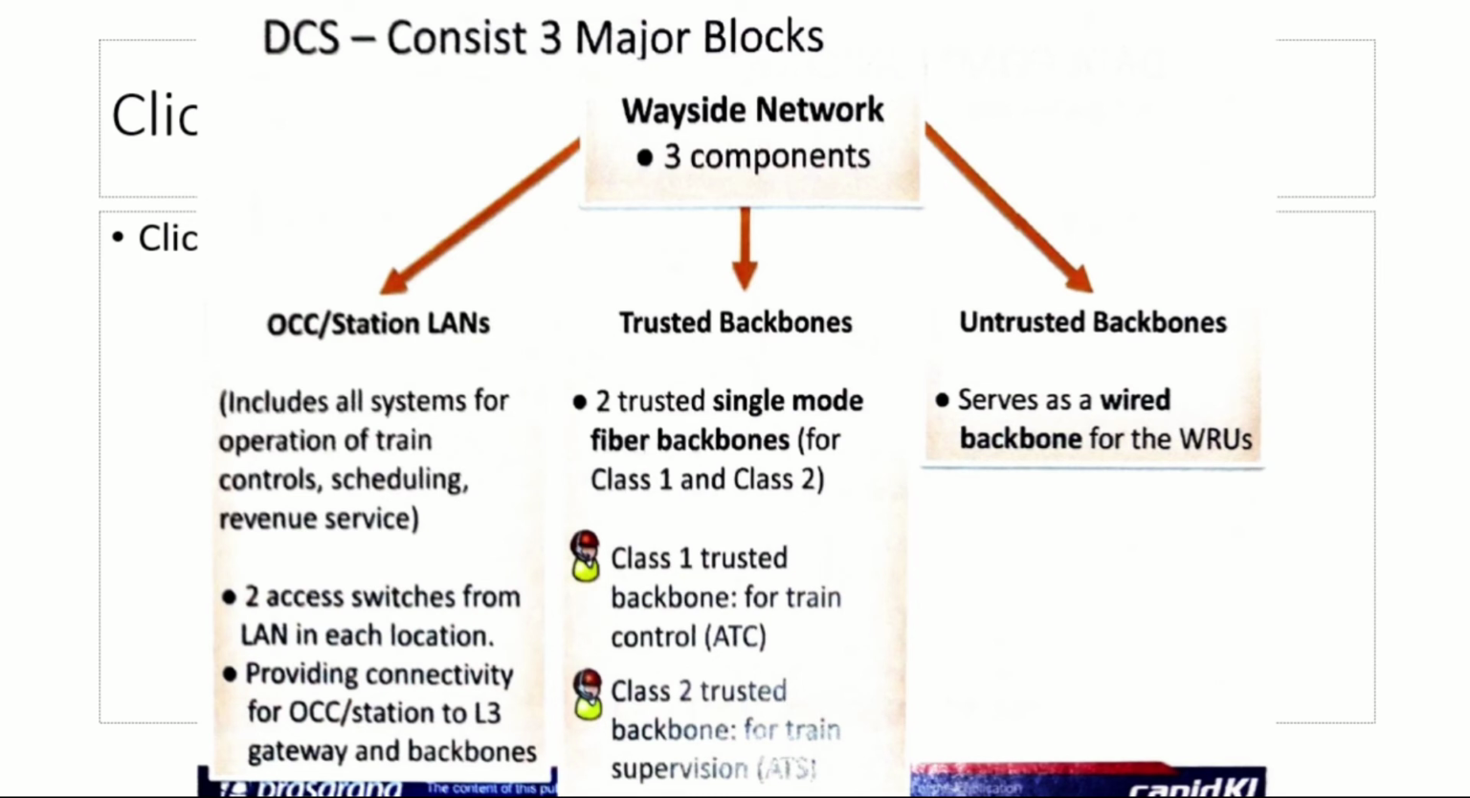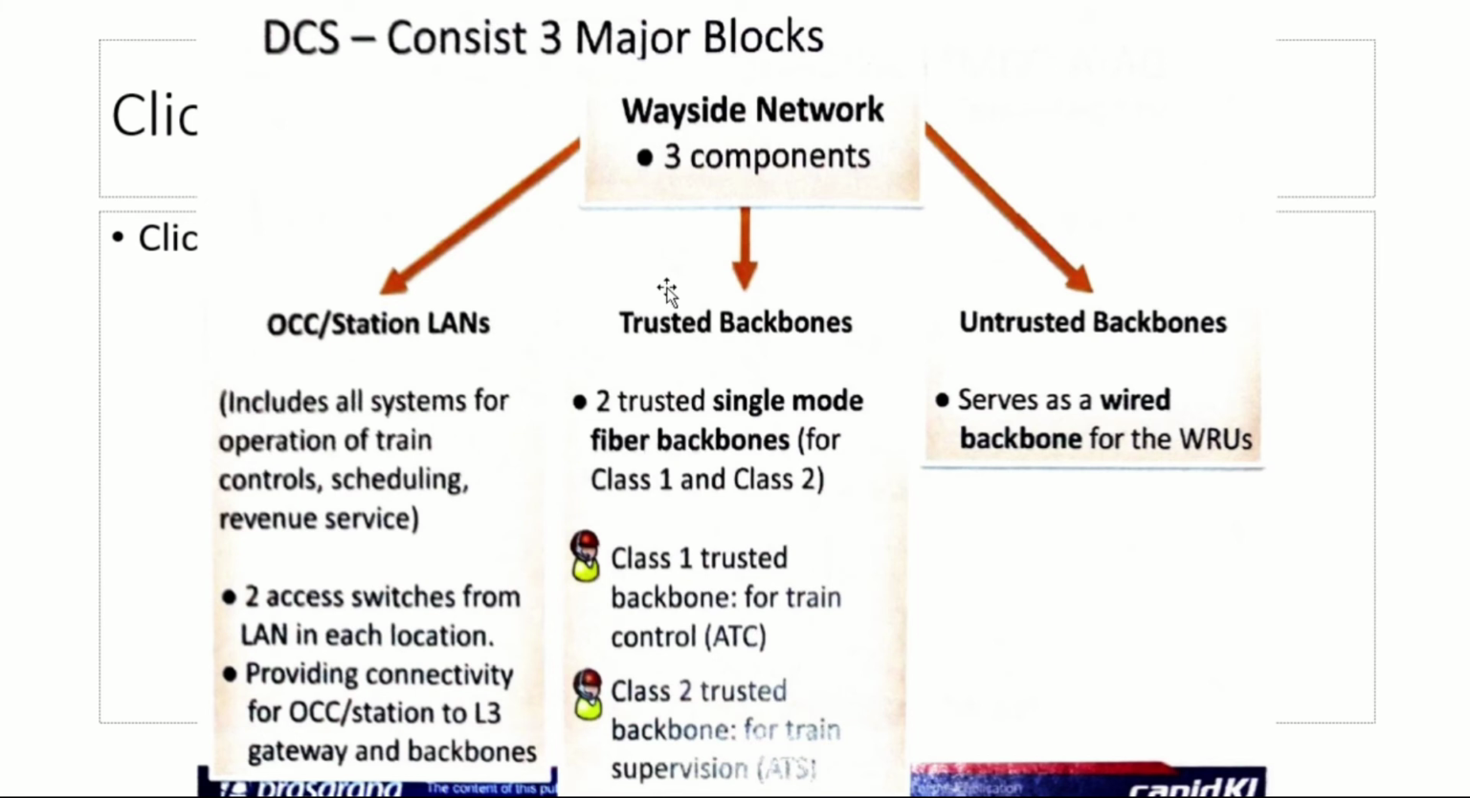So in wayside network, there are three components for data communication system. So we have the OCC, or at a station using LAN. So usually you use a switch and a server to connect between the workstation, server and everything. And then we also have a trusted backbone which is connected to the multiple